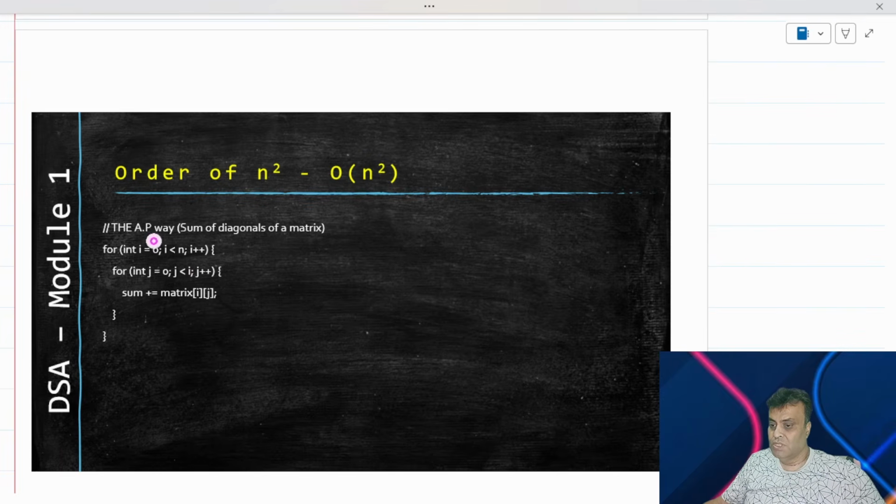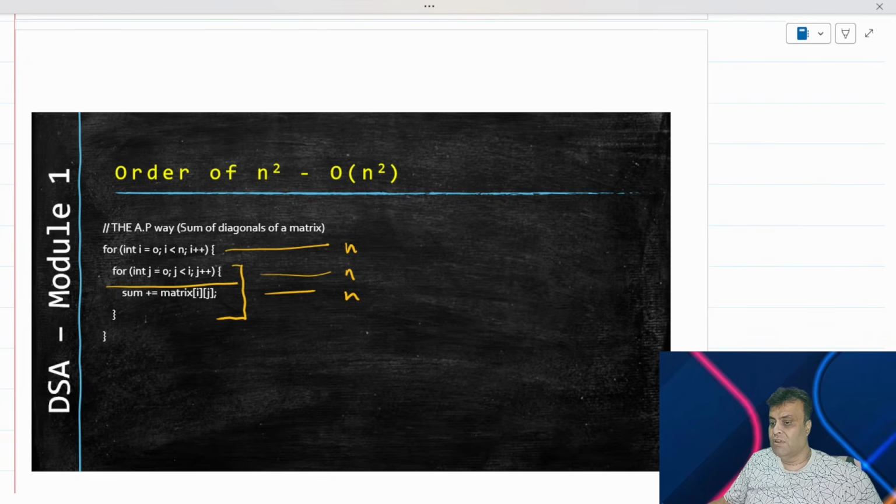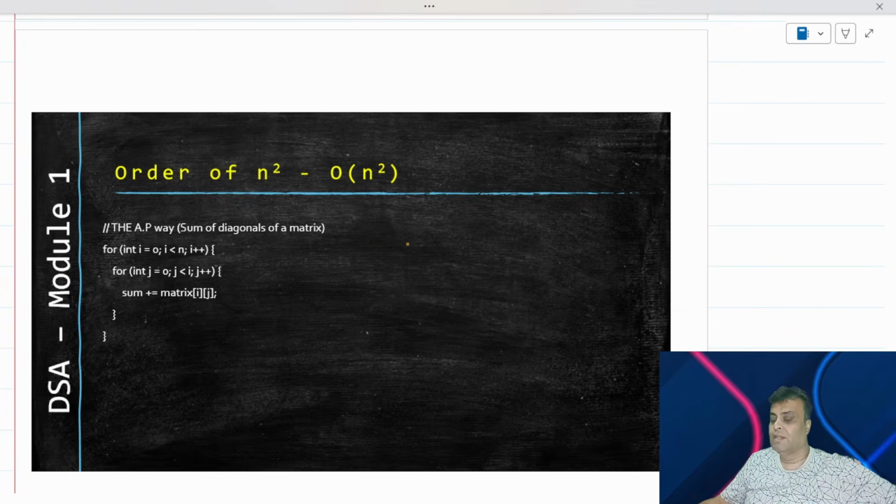Again, I'll repeat. We know this takes n times, but we don't know how many times this takes. So I can definitely write that this line will take n times. And because all these lines are inside it, this will also take n times. But this line will take how much time to execute? We do not know. So the multiplication that I have to do here, I do not know. And hence I will have to do my trace, my dry run. So that is what I'm trying to do now. So what I'll do is I'll say with i, and I will say with j.